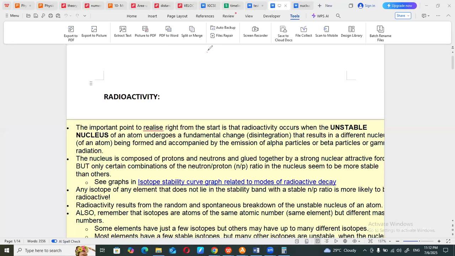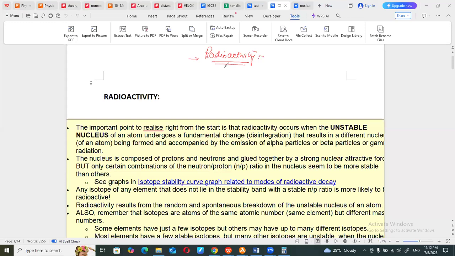There are two kinds of radioactivity we have. One is natural radioactivity. Natural radioactivity means there are some elements, maybe atoms having isotopes, which naturally have a tendency of radioactivity. They radiate some radiations out of them, and we call them radioactive elements. Now, the important part is what exactly it means. We will talk about this in a minute.